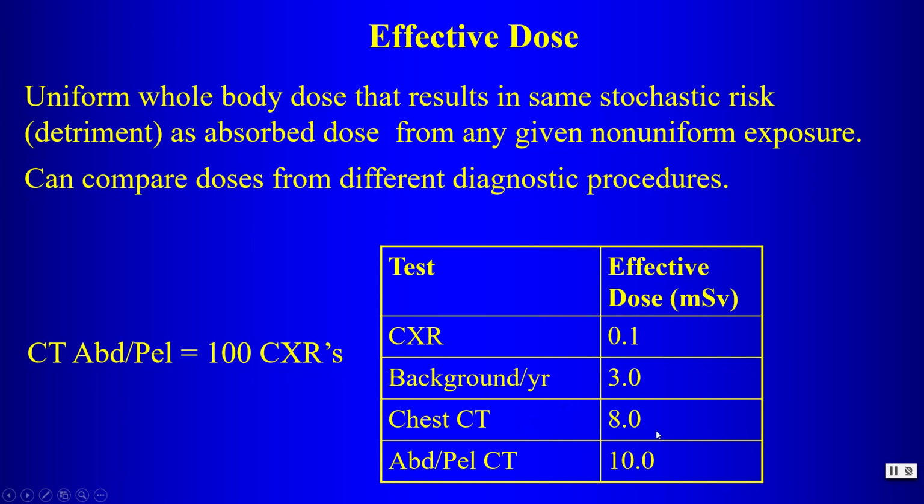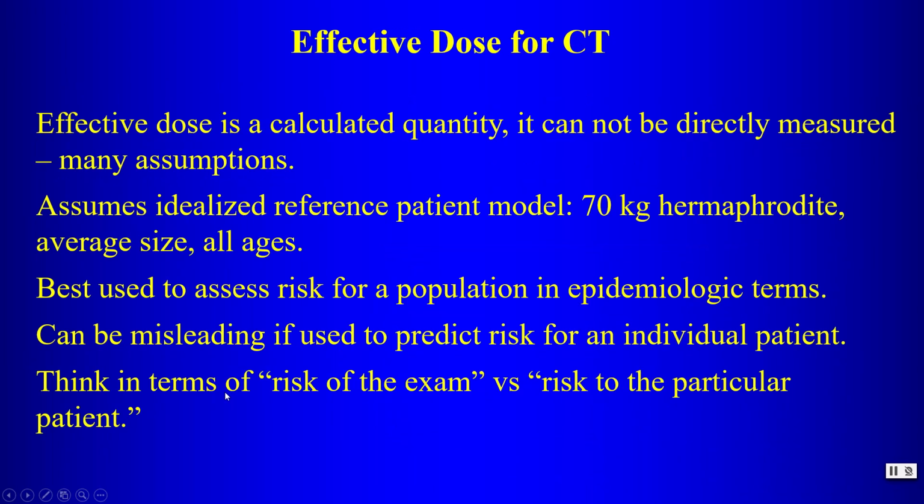A chest CT is about 8 millisieverts, and an abdomen pelvis CT is about 10 millisieverts. So the general rule of thumb is that a CT abdomen pelvis is about equivalent to 100 chest x-rays. Now, for CT, this effective dose is a calculated quantity. It cannot be directly measured because many assumptions are made when we try to estimate the effective doses for CT